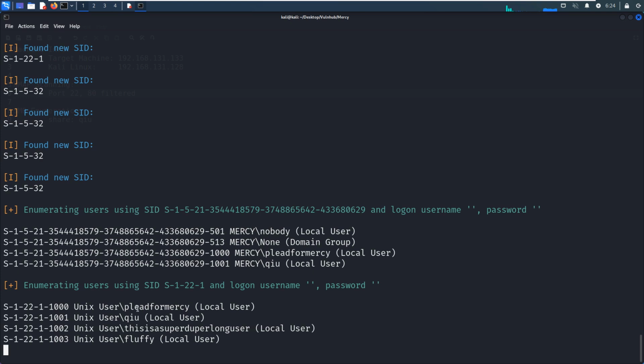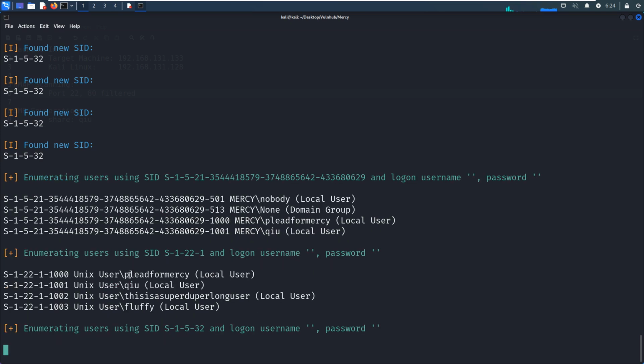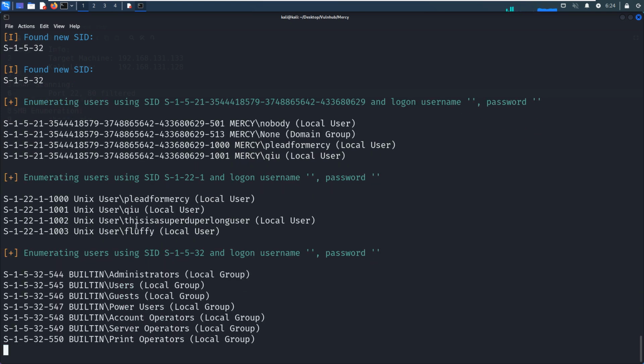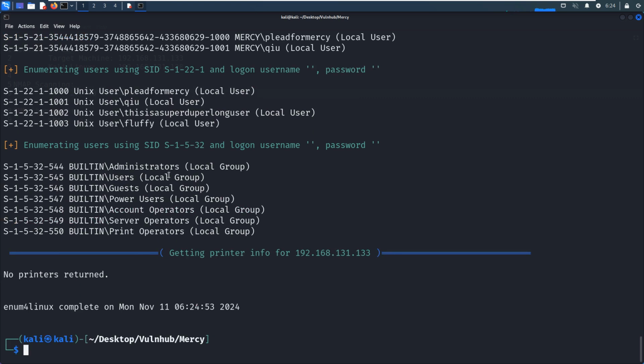Yeah, as you can see, there are 4 users, like the first for Mercy, then Q. This is a super duper long username, then Fluffy. And also we can note down such information in our notebook.